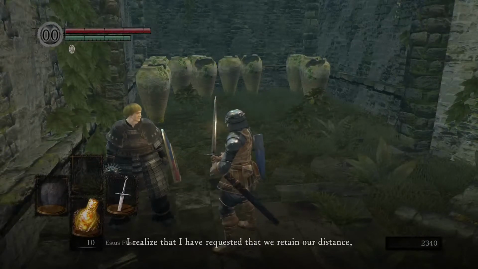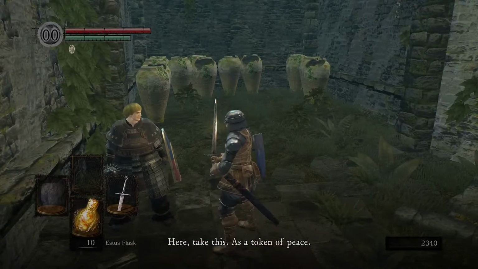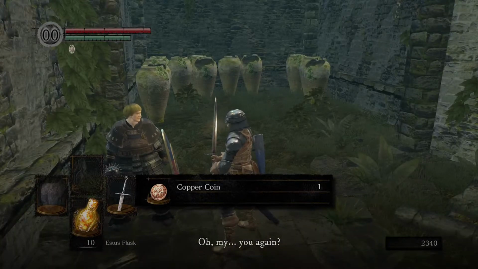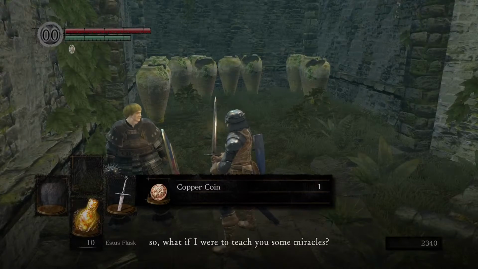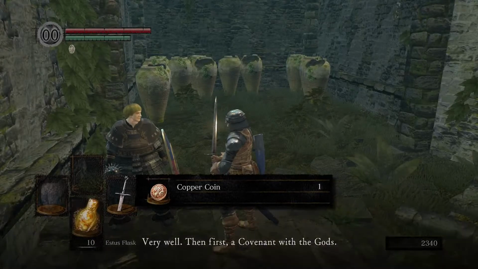Hello there. I realize that I have requested that you retain distance, but I also want you to know that it is not meant in ill will. Here, take this as a token of peace. A copper coin. Hey, my favorite. Oh my. You're grateful. Oh, I know. How about this? I have to await my companions here. So what if I were to teach you some miracles? Would that please you? Oh my god, that would please me greatly. Very well. Then first, a covenant